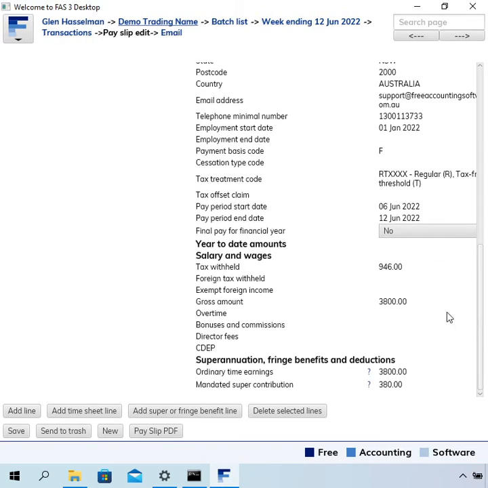When I scroll down, you'll see the year-to-date amounts. These are the amounts that go to the ATO, and the amounts on the payslip are the year-to-date, not just this pay, the year-to-date for the financial year. Okay, that being all correct, I'm going to save that